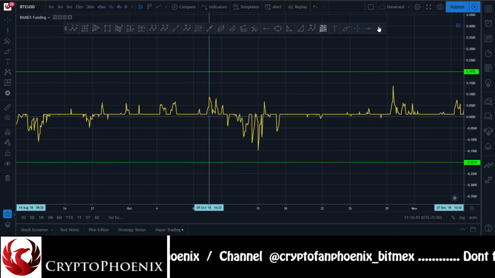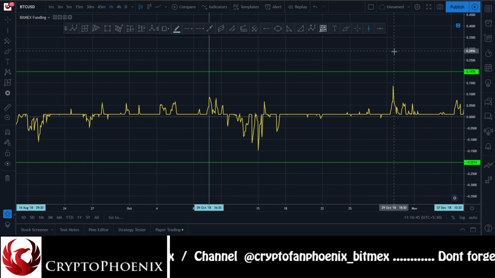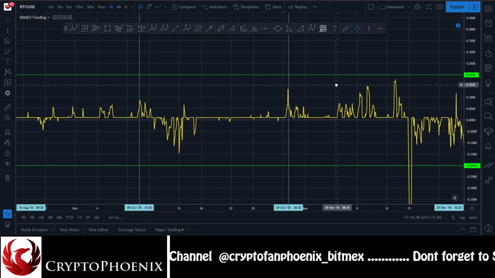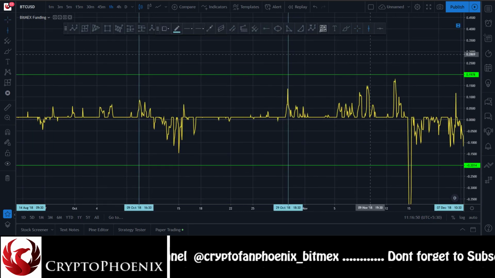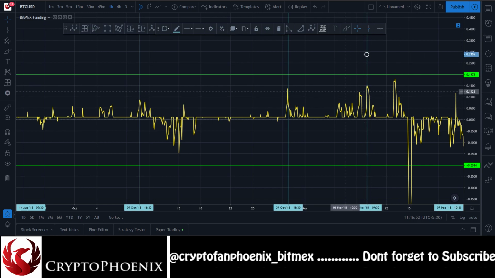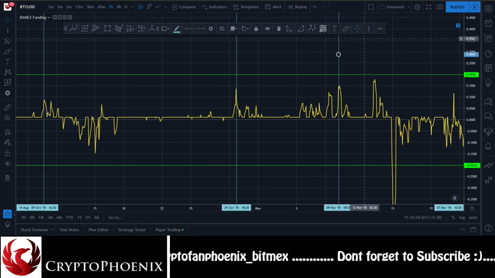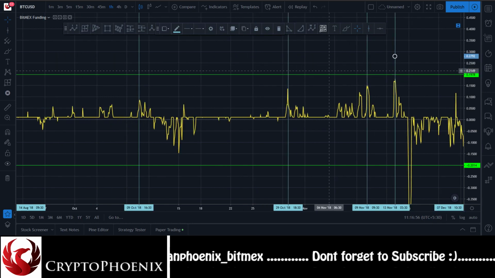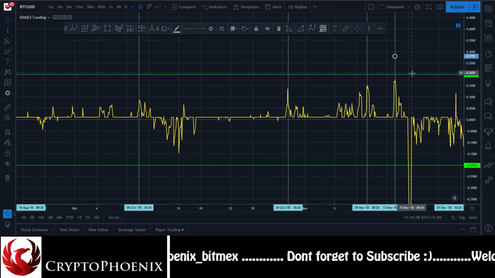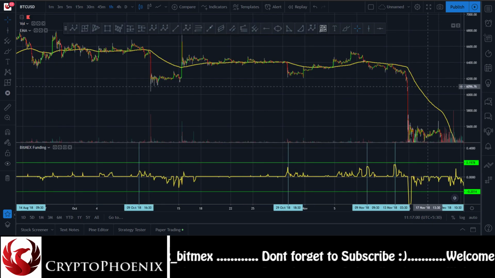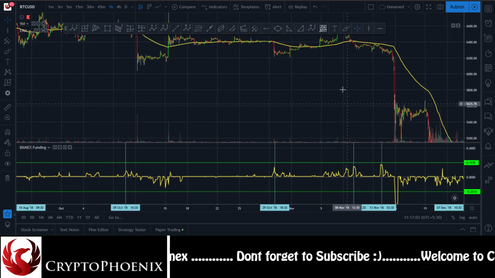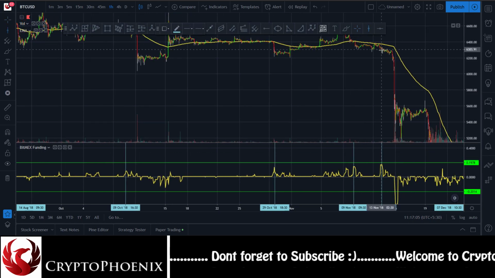Okay, this point. We'll mark this point. This was the position. This was extreme funding rates where most of the traders were in long position. So we have marked this point. Let's just check out what happens in the price action. All right, if you check this point,